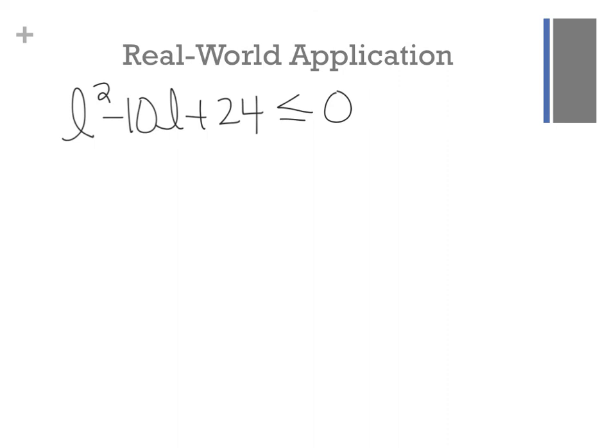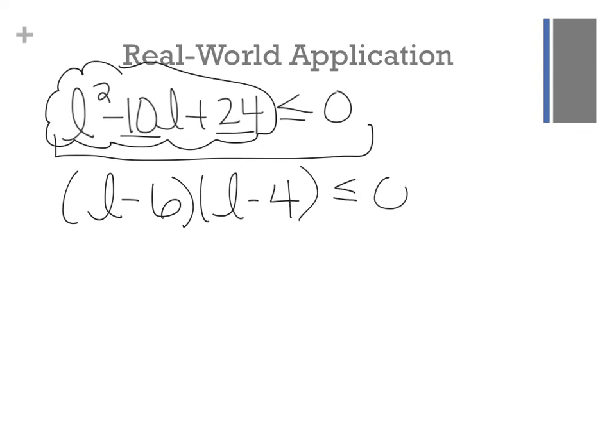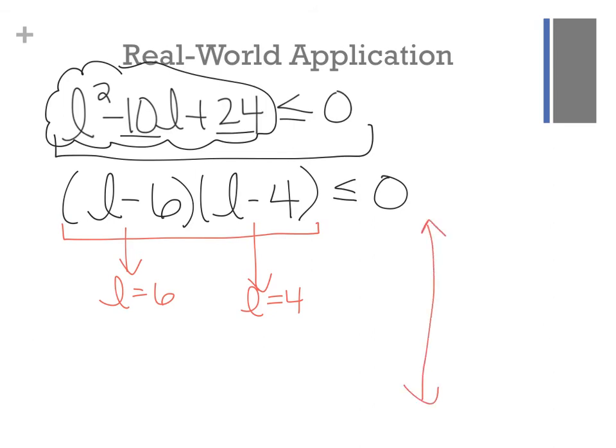So looking at this quadratic trinomial here, it can be factored. We're looking for two numbers that multiply to be positive 24 but add to be negative 10. That would be negative 6 and negative 4. And what that tells me is that when I graph that function, since these are the factors, L equals 6 is a zero of the function, and so is L equals 4. So if I'm looking at the graph of the function here, I know that it crosses at 4